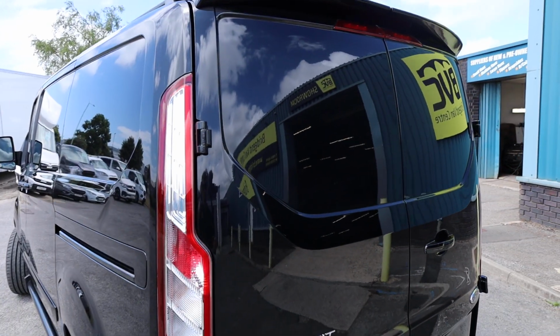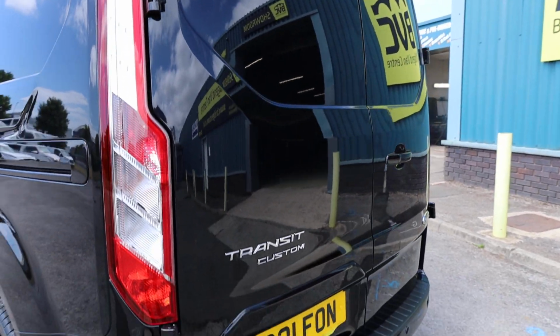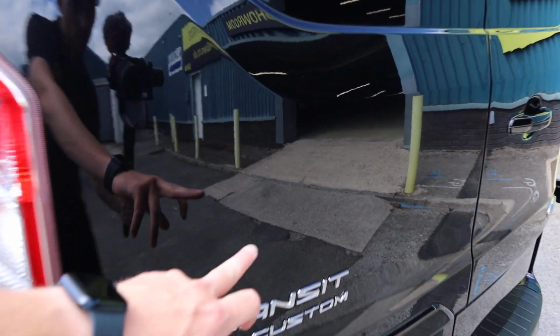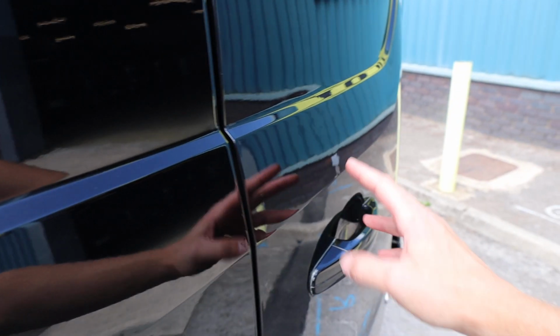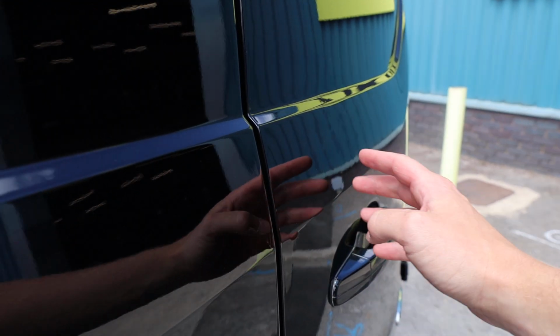In terms of condition then, we'll have a really close look here at the condition of the rear doors. Hopefully, as you can see, they are in really nice order. There's a tiny little touch-in just here above my finger, and a couple of tiny little touch-ins just here as well. This area here, there was a dent here when the vehicle came into us,